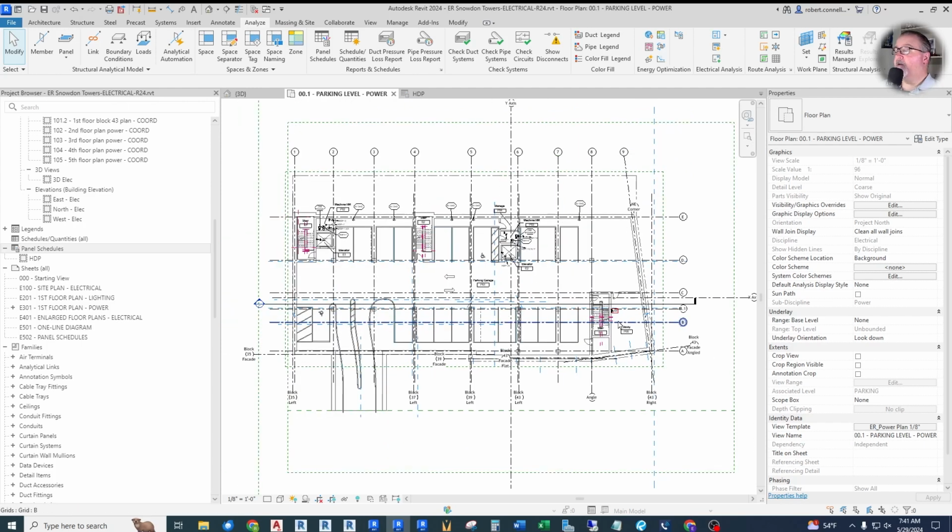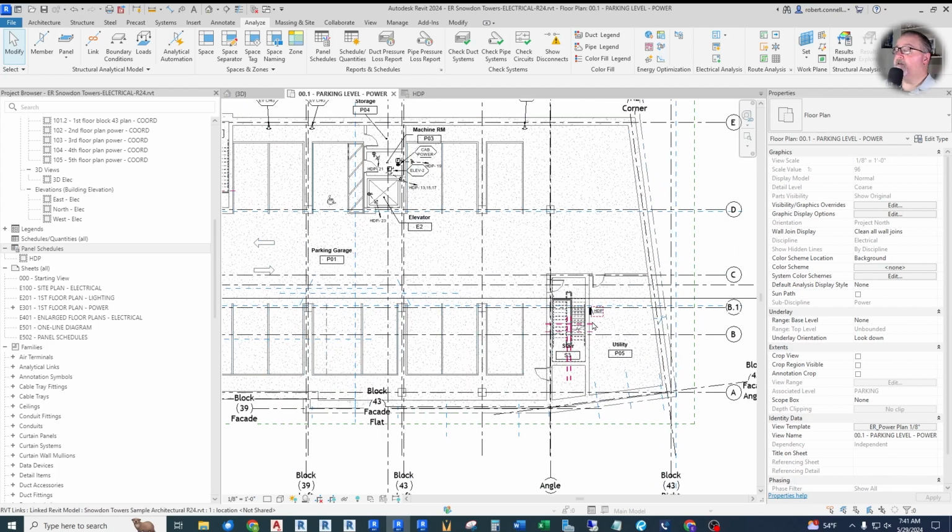Now, a lot of energy codes in different states have sub-metering requirements by the landlord, by the owner, to meter HVAC separately from receptacles, separately from lights. So if you have that situation, you'll want to break up some of these loads as well. And that's very much a local jurisdiction thing, and it's energy code. But for this one, just for convenience, we're going to put these on their own